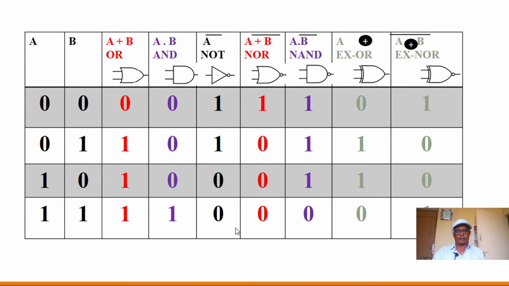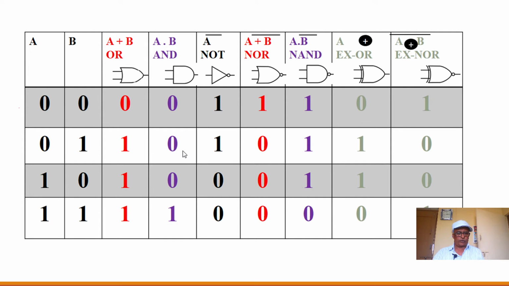Now here we will consider all these logic gates in one table. They are summarized in one table. So A and B, there are 4 different possibilities. So this is the first possibility. We can consider all inputs are 0, 0. Then A is 0, B is 1, A is 1, B is 0, and in the last case A, B both are 1. So OR gate means we will consider addition of these two. So addition is 0 plus 0, 0, and for the remaining, the addition is 1.